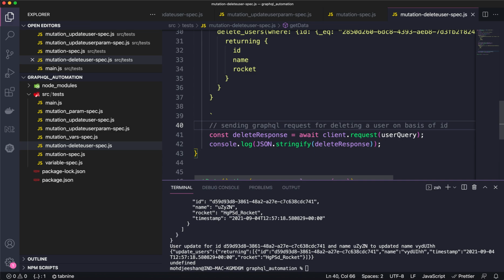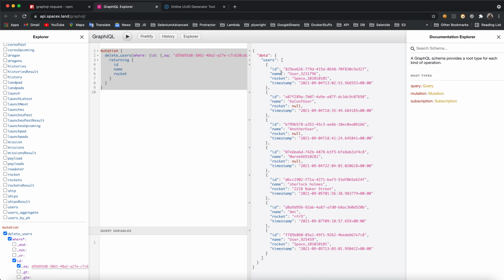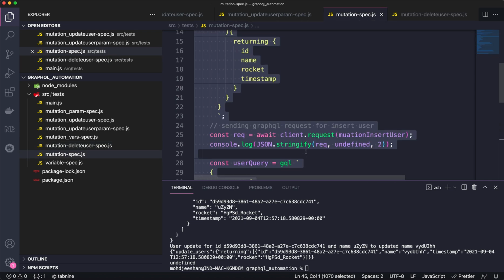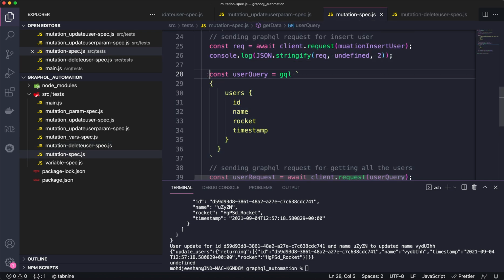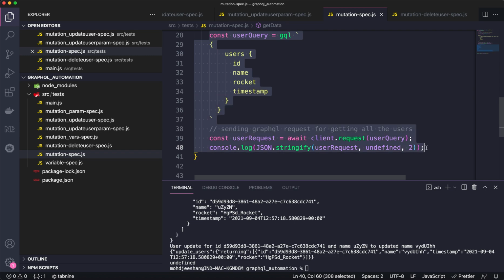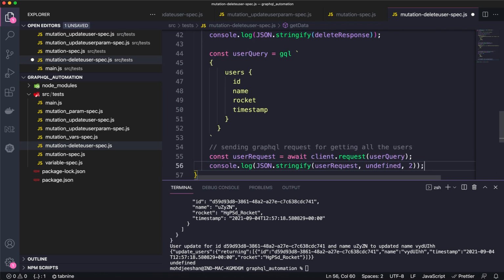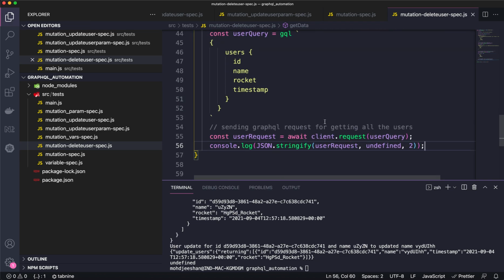Okay, once it is done, now let's see whether whatever the data we have created, it should not be on the user side, right? Means we should not be able to see the data in the users array. So what we'll be doing for that, again we will just go to the previous spec file, just nick some of the code from there, which is this one, right? And just paste it here. So at this point, what will happen? It will just show the users which are deleted from our database or the server side.